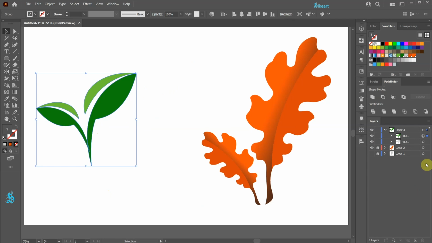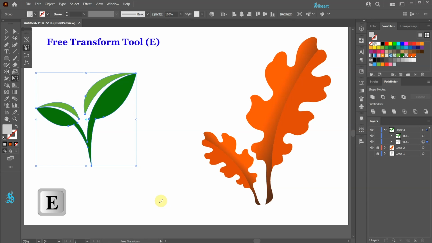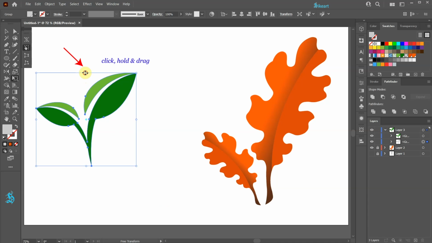Select the layer with the gray leaf and then press the letter E for the Free Transform tool. Hover your cursor over the center tab of this bounding box, click, hold, and bring it down to create a